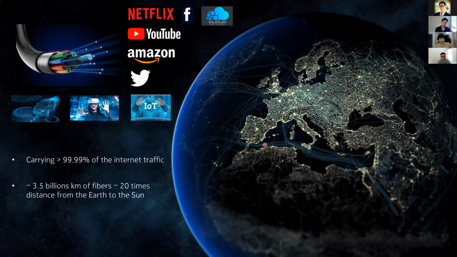And to build this network, more than 3.5 billion kilometers of optical fiber has been installed. This means more than half a kilometer of optical fiber for each and every one of us. It's pretty amazing. And every year, we keep installing more than 300 million kilometers of optical fiber to cope